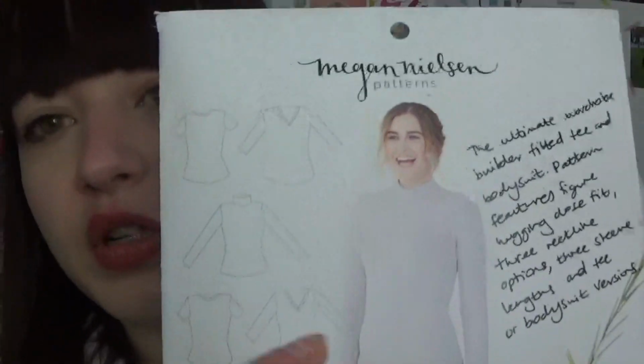The top versions, which don't have the bodysuit, obviously, are good starter jersey projects, I'd say. The instructions do have their weaker spots. You might have your hand held a bit more with the Chilli jersey patterns, but I've not used any of those yet. I have a couple, but I haven't used them yet. But they're such nice patterns,